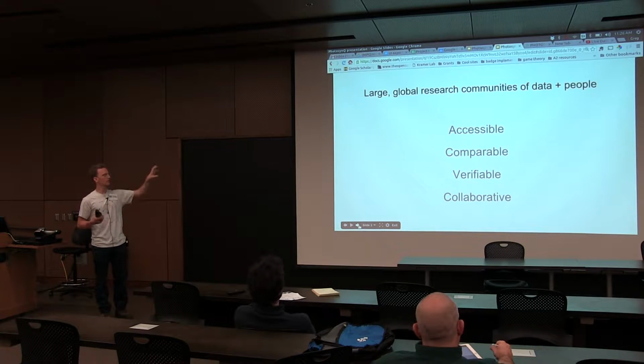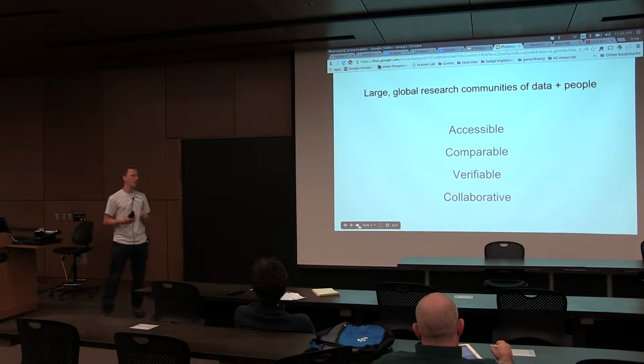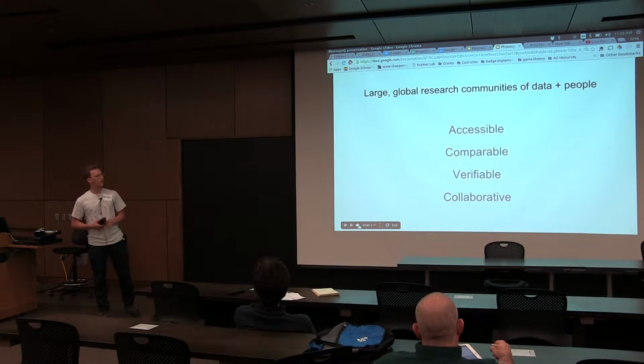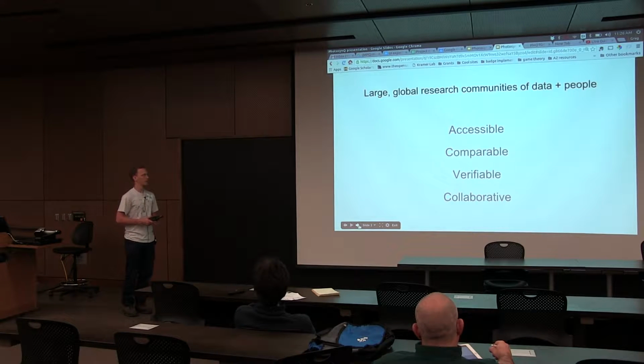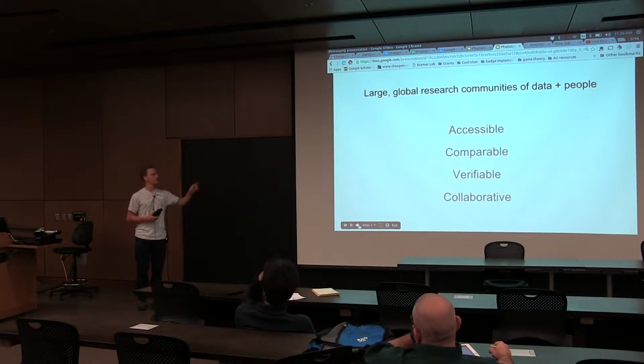So as a result of accessibility on all of those fronts, being open source is a really critical component and requirement of our development process. All of our software and hardware designs, all that stuff, is publicly available under the freest license we can possibly apply to it. So accessibility is really important. Comparability is also really important, right? So now we get to